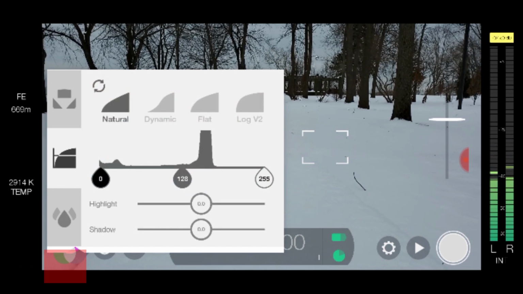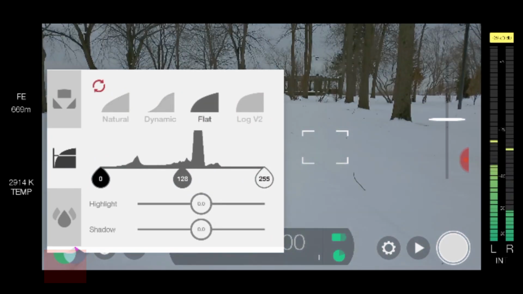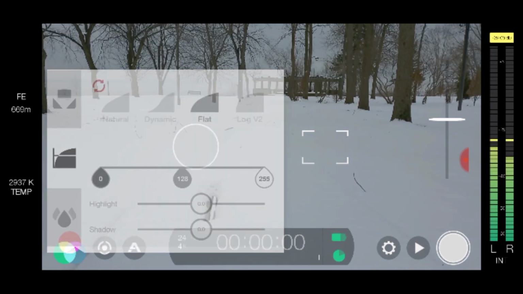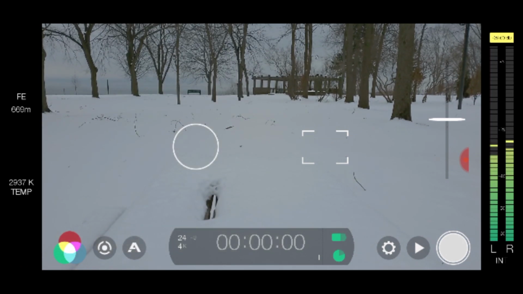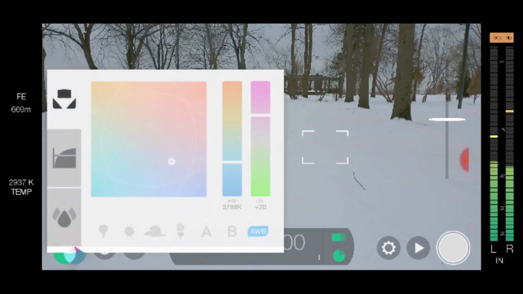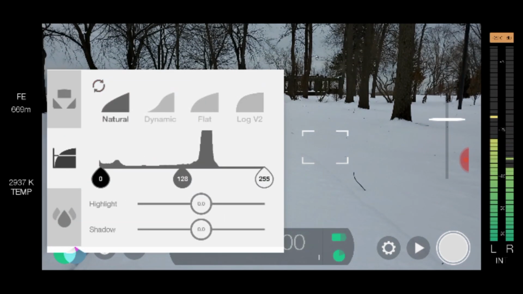Let's select temperature or white balance and tone. Let's look at the tone. You can start in default natural if you are starting out, or you can film in flat or log profile. Flat is not as washed out, it is easier to color grade. Log is very much that dull image which has the most data, which you can later on color grade with LUTs. They recommend to use flat profile as it is a little bit easier to color grade. You could possibly make mistakes when you are color grading log profile, like increasing noise in a footage, but on that theme, on color grading, a little bit in the future, we'll make other videos about that.